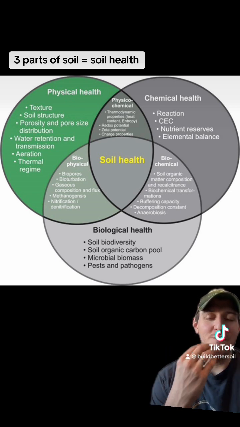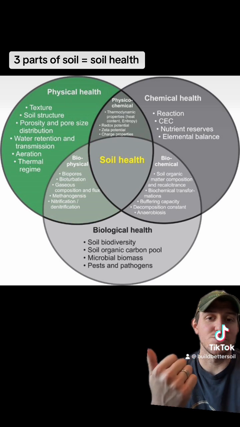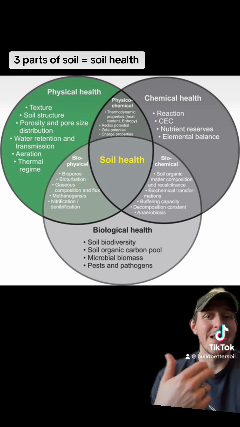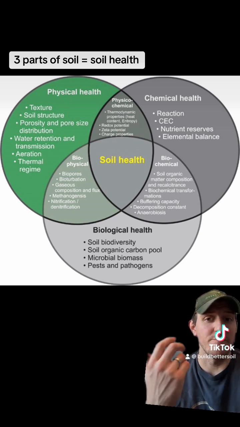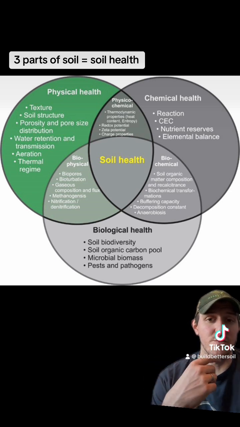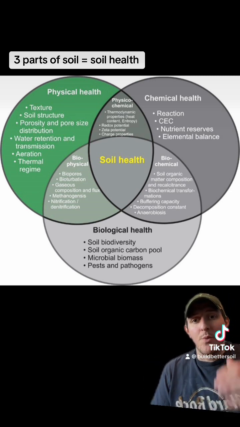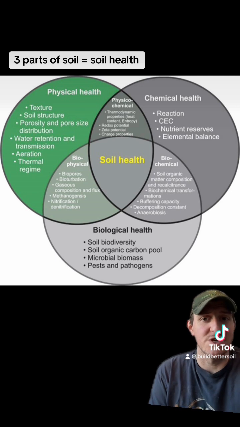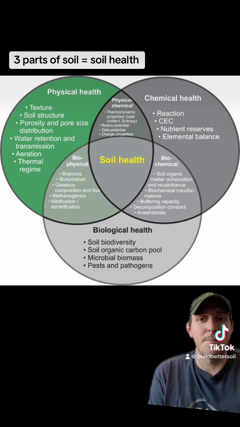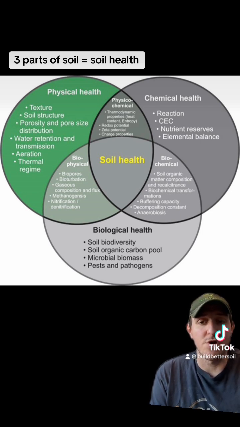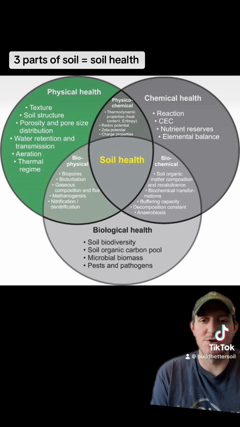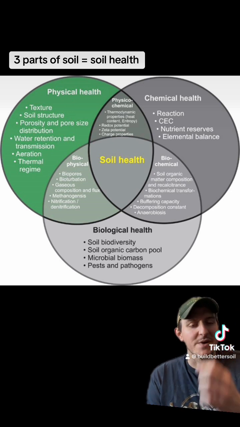So we focus on this through having diverse root structures, a living root, keeping the soil covered. We're a big proponent of no-till or limited till. For those of you that are going to be using tillage, we want to heavily reduce that using conservation tillage. What are some things that the biological aspect of soil encompasses? One that I think would be helpful to talk about today, and there's so many, but just for the length of the video, we don't want to make it several hours long, is when you have no-till environments,